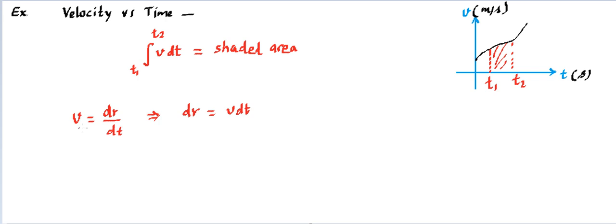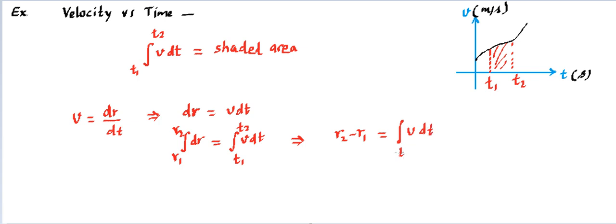So you can rewrite this differential equation in this form. That means dr, r for displacement, equals v dt. In the next line, you can go for integration on both sides. So the integration of dr is going to be the integration of v dt. And then you can place the limits if you want. If you are interested from t1 to t2, you place the time t1 to t2. Then displacement can be placed from r1 to r2, for the r1 position to the r2 position. If you simplify, on the left hand side it will be r2 minus r1 after integration. And on the right hand side, you will find v dt running from t1 to t2.